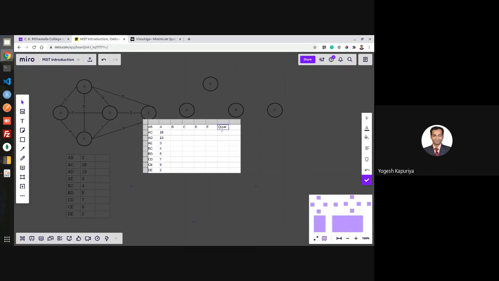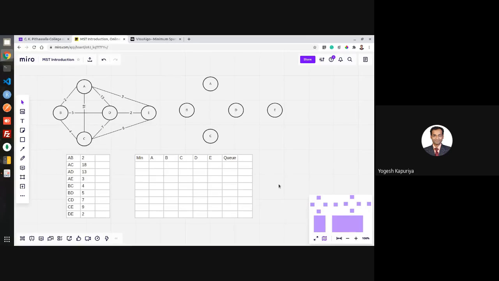It uses Q as a data structure. So this is the initial setup which is required.